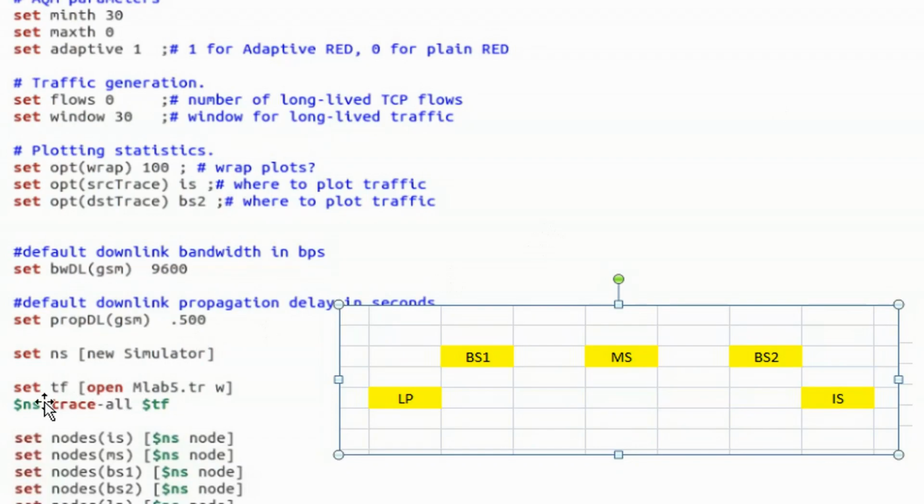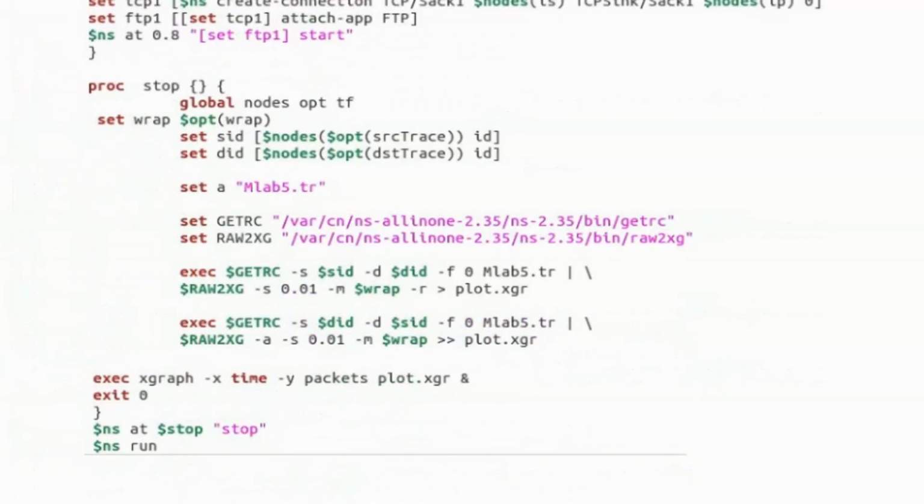I have opened that trace file in writing mode. So this is the normal trace file that we have seen till now. Okay. So I have wrap as well as SID, DID. SID, DID are the source trace and destination trace. These two are the web trace files, and this is my normal trace file.